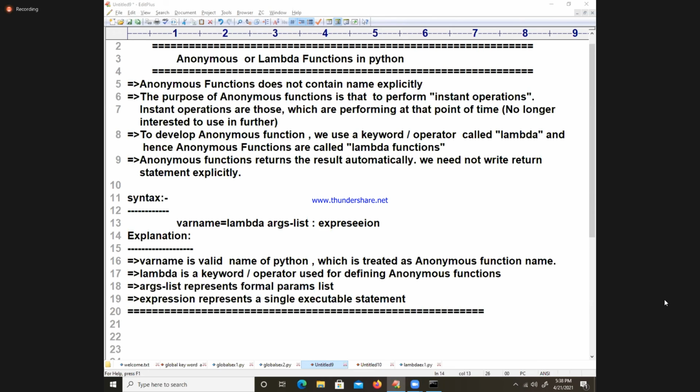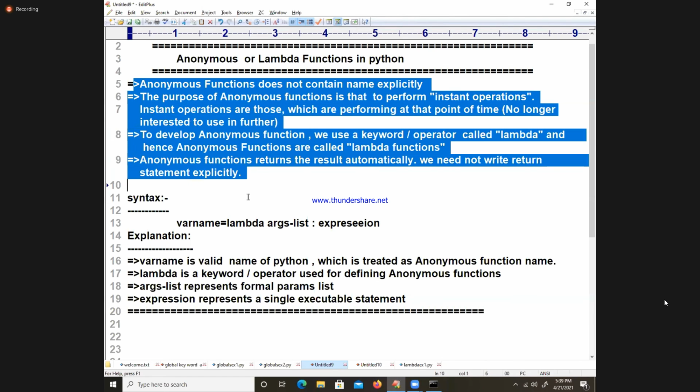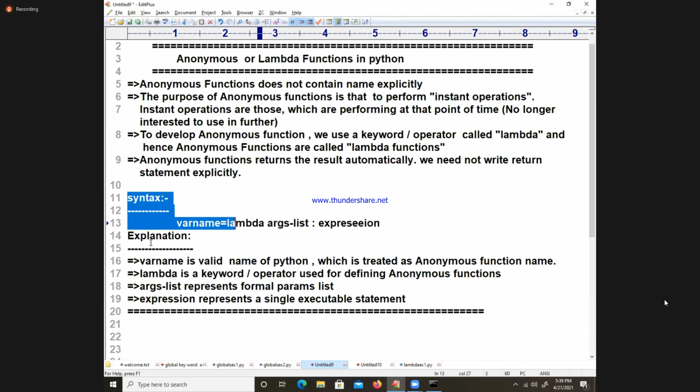Its importance you can understand from the filter function, map function, reduce function, the greatest topics which we will introduce after this. If you write a little faster, I will show you the example also. Concept, purpose, syntax, explanation, programming.